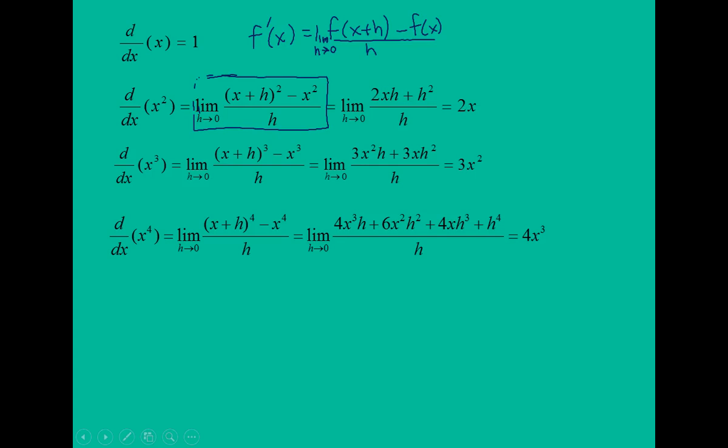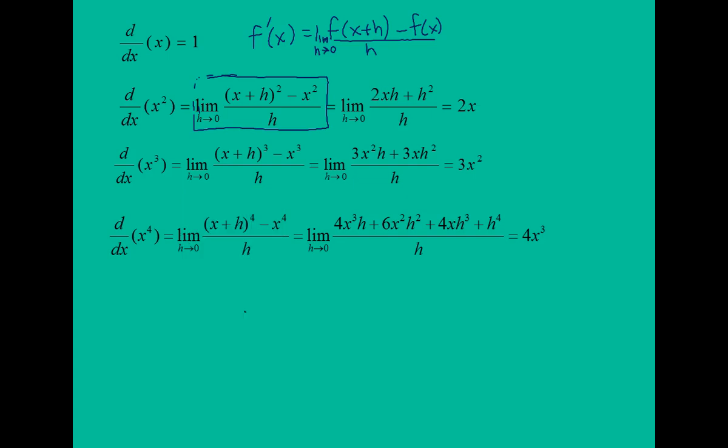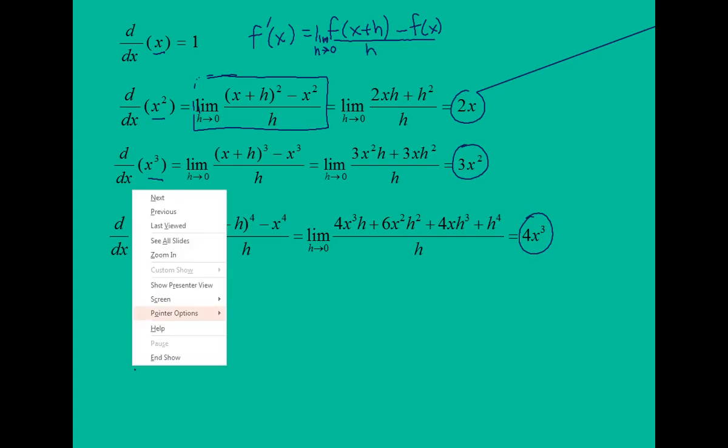So look at what we're trying to find the derivative of. First it was x, then x squared. Here we found the derivative of x, x squared, x cubed, x to the fourth. So for x squared, here's our derivative, 2x. For x cubed, here's our derivative. For x to the fourth, here's our derivative. So we're looking for a pattern. So it appears